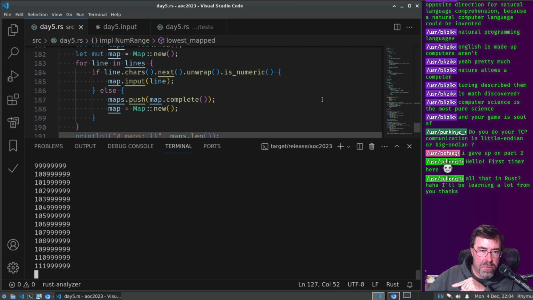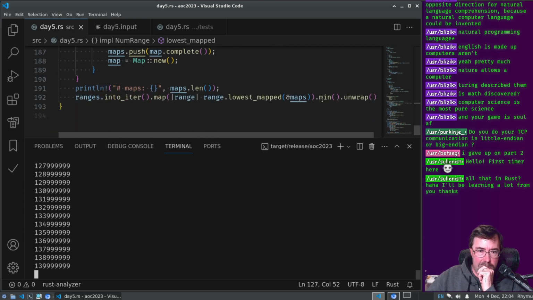Each seed we're just running through the maps, right? While I'm thinking, I'm wondering if it'll actually finish.